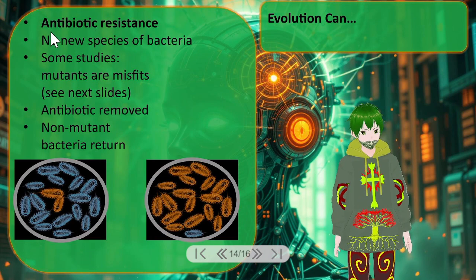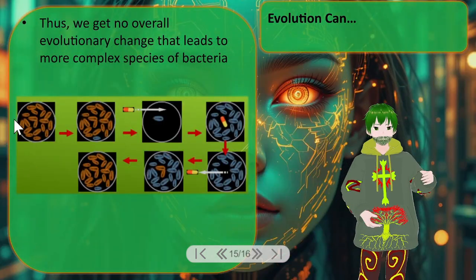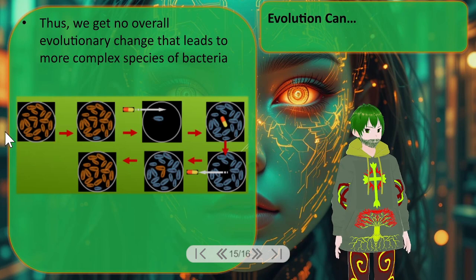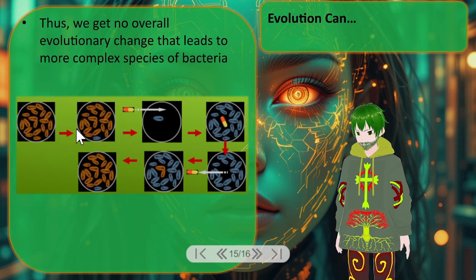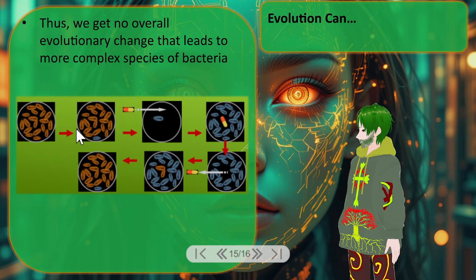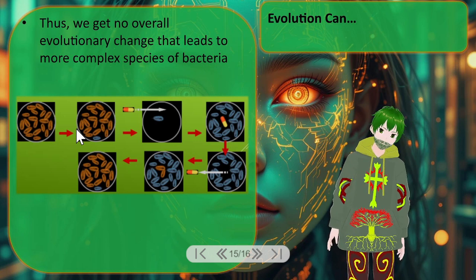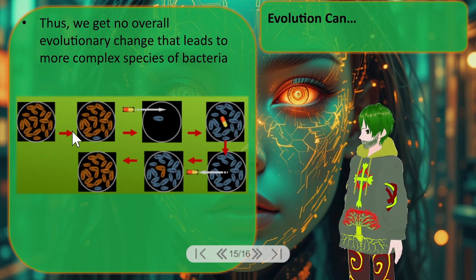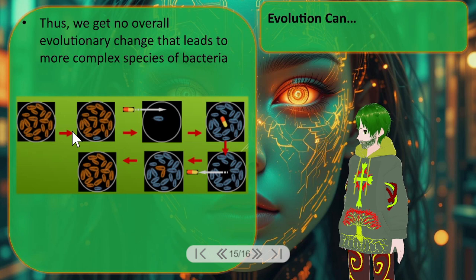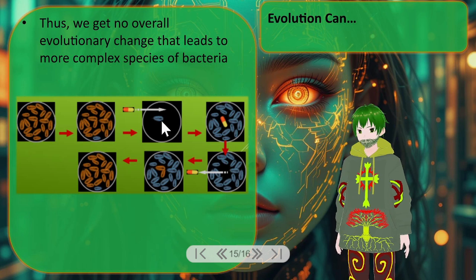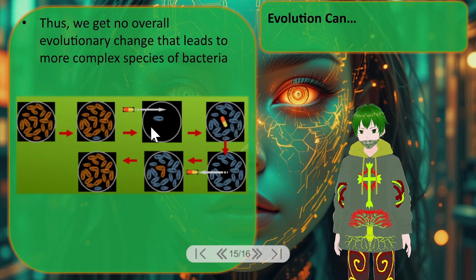Another example is antibiotic resistance in some types of bacteria. The general idea here is you have your bacteria, you add antibiotics to it, and all but maybe one or two of those bacteria die. The part of the bacteria that the antibiotics are attacking is broken, and so that bacterium survives because the antibiotic doesn't do anything to it. It thrives in the presence of the antibiotic.